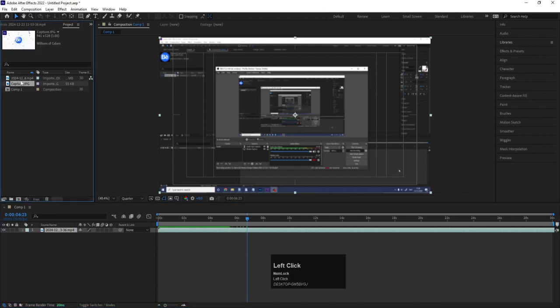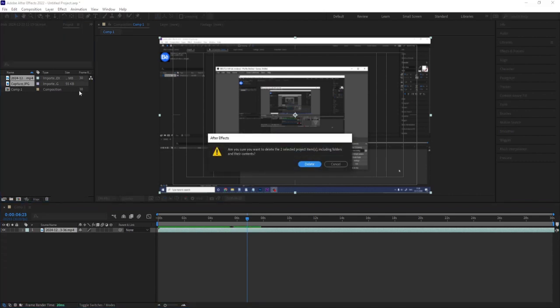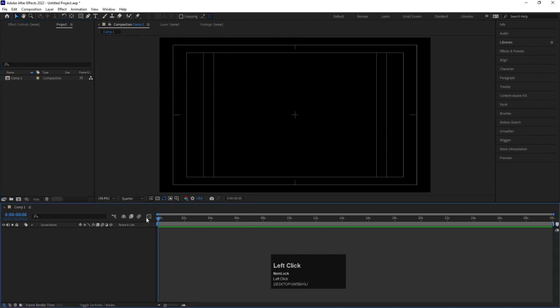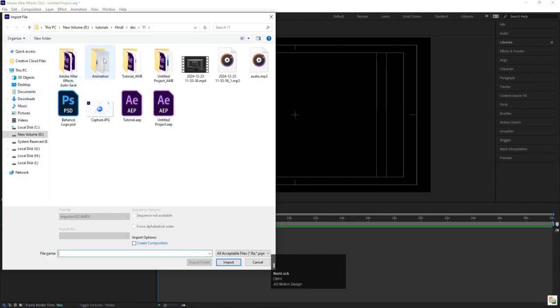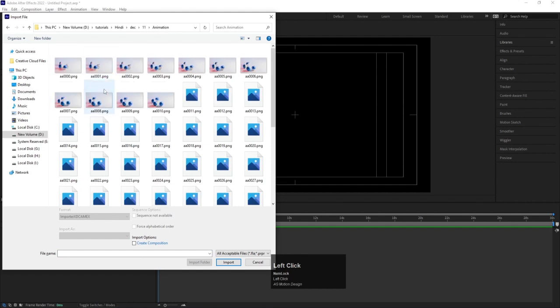Okay, so let's do one thing. I'm going to delete that by holding shift, and I'll simply hit delete, and it will be gone. Okay, similarly, if I hit Control I over here, sometimes what happens is that we have a PNG